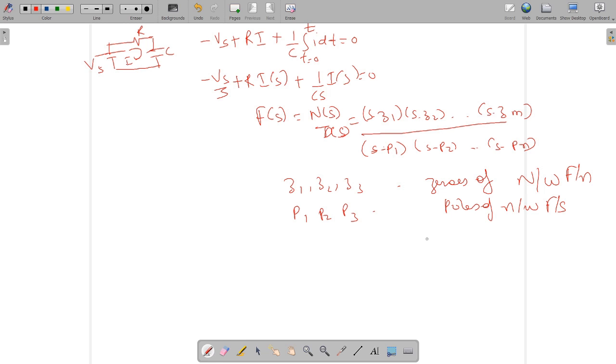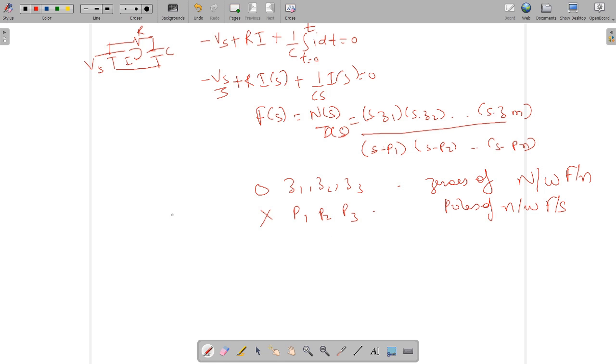In some circuits, you might get three poles and two zeros. It depends on the combination of the active or the passive elements. Normally, it depends on the combination of the passive elements. Now, zeros are always represented by a circle, and poles are always represented by a cross. Note this point and keep it in your head, that zeros are always represented by a circle, and poles are always represented by a cross.